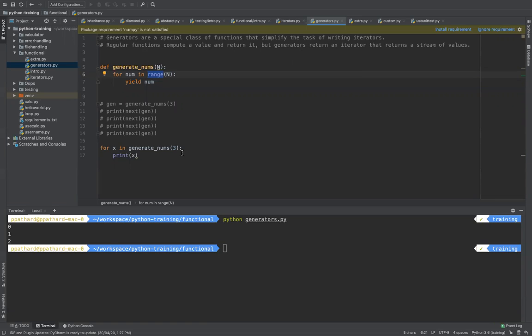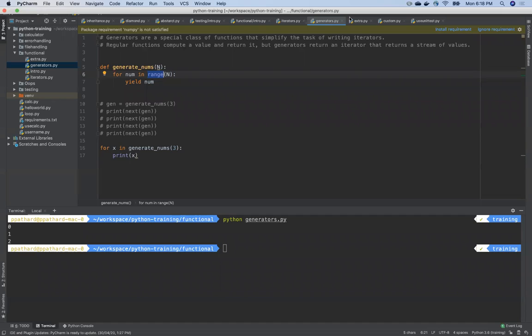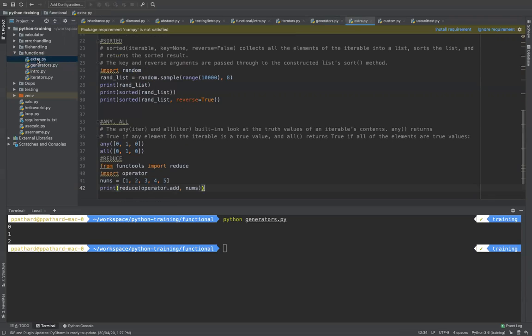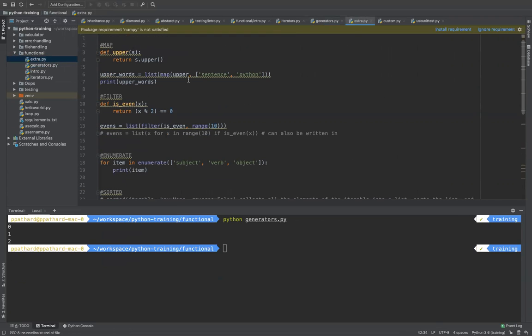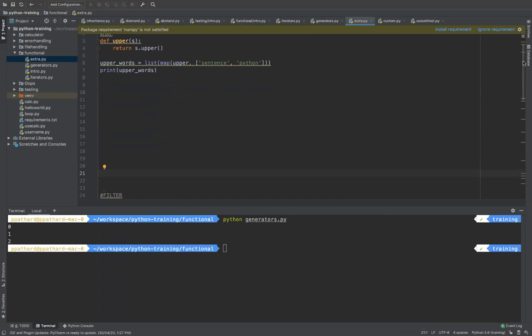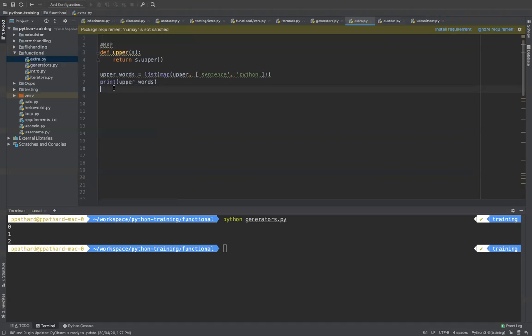Now, similar to this, using these generators and iterators, there are a lot of interesting functions that we will learn now, which will help you to code much faster. So let's start learning. The first function we want to learn is called map. We already know that if we have a set of numbers and want to loop through and find the square of the numbers, we do a normal for loop and compute the square. You can use list comprehension or a normal for loop to do it.